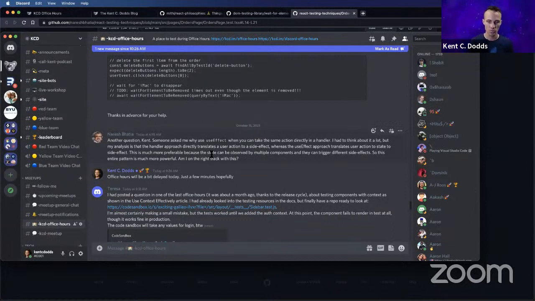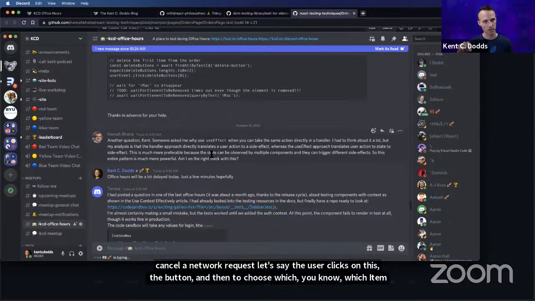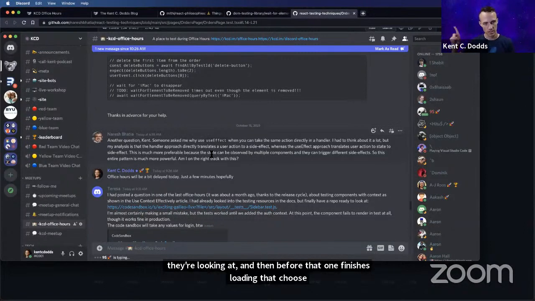But here's the biggest problem with this: cancellation. It would be very difficult or take a lot of extra work to cancel a network request. Let's say the user clicks on the button to choose which item they're looking at, and before that one finishes loading, they choose a different one. You want to cancel the other one.